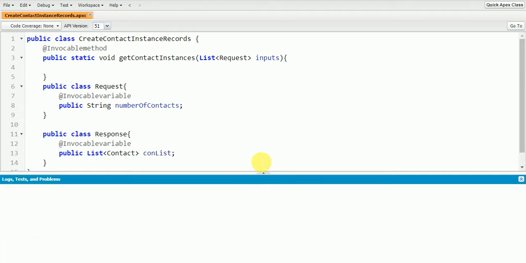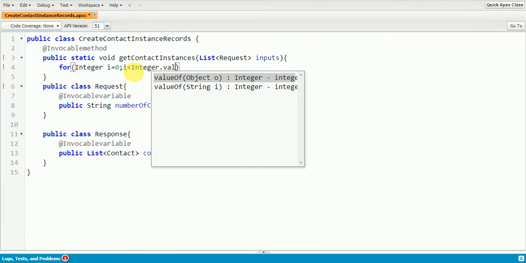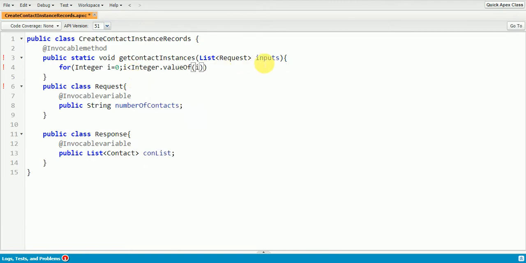Okay, so the next step is we have to generate the contact instance here. So for that, I'm going to use a for loop: for integer i equals 0, i less than. So basically, number of contacts is a string, and inputs is a list of requests. So that means we can use the 0 index here. So before that, we have to convert this number of contacts into an integer. So that's the reason I'm going to do typecasting here, Integer.valueOf(string), and here I'm going to place the inputs with 0 index, as we are not passing any list here, so we can directly use the 0 index